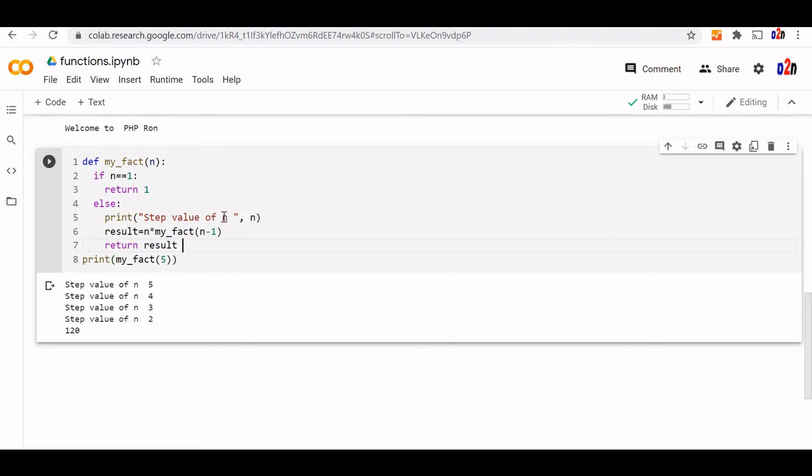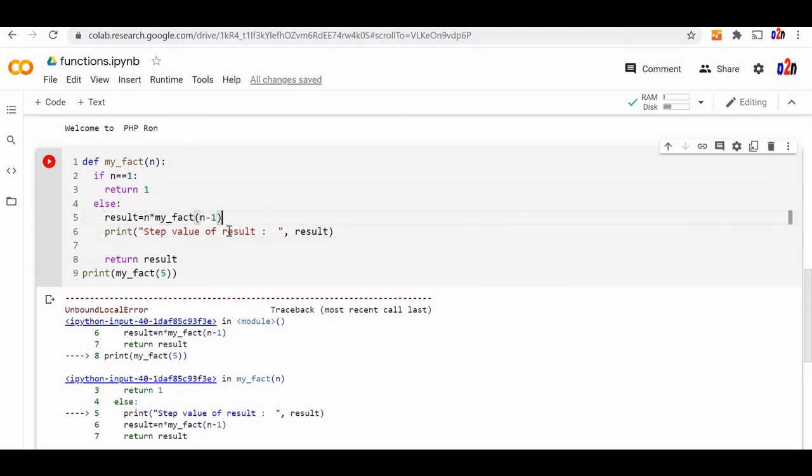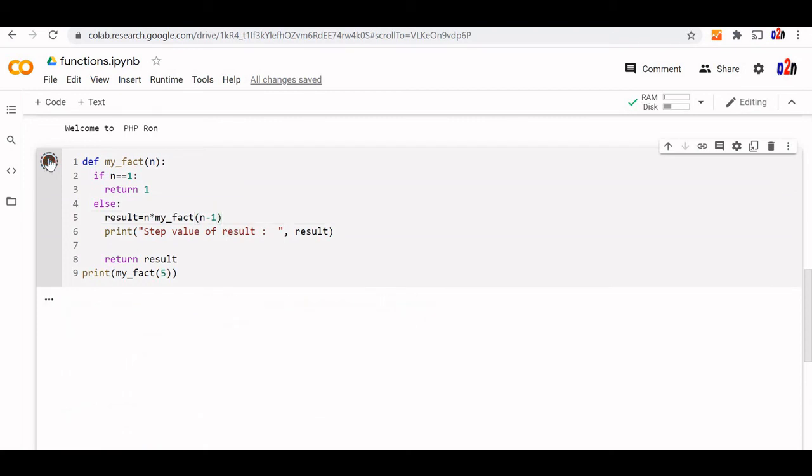Now here let me print the result. This prints the in-between results, or step values. Okay, fine, this line I have to take before. Let's run this.